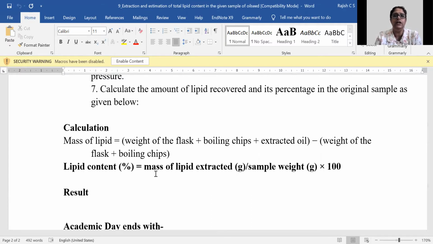Here you can do more than one oil seed actually. You could use sesame seeds, mustard seeds, nutmeg seeds, and also something like canola can be used. And so you'd be able to determine which oil seed gives a higher yield of lipid in a weight by weight percentage. And that would be the expected result.